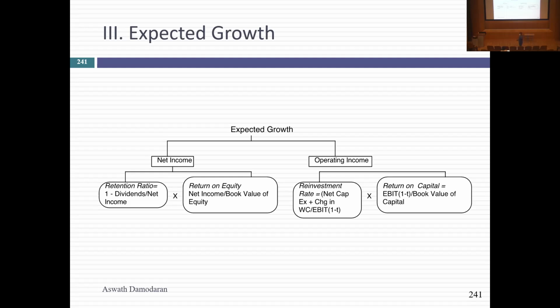Let's say you're a company that reinvests 70% of your net income back, and you make a 20% return on equity. Your expected growth in net income is going to be 70% times 20%, which is 14%. I know it sounds mechanical, but in the long term, this is called sustainable growth. If you want your balance sheet to stay balanced and your company to keep from blowing up, this equation has to come into play sooner rather than later. If you reinvest only 10%, your retention ratio is only 10%, and you have the same 20% return on equity, your growth rate is going to be only 2%.